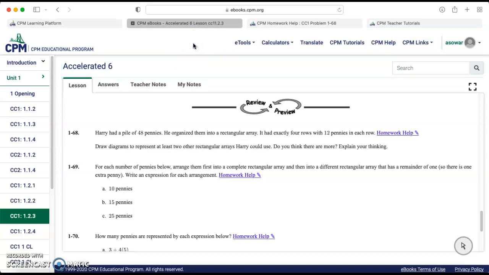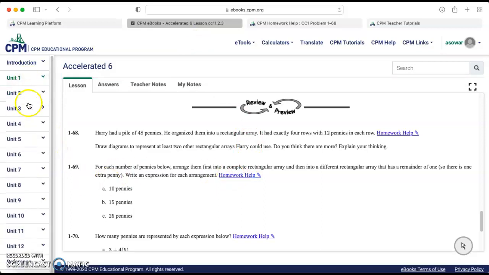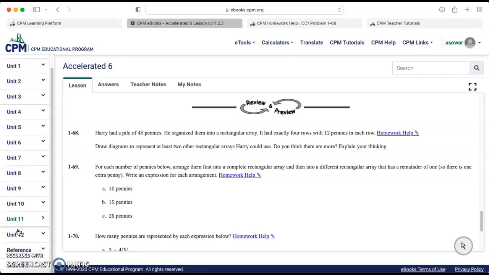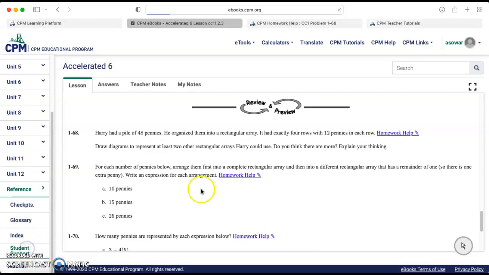So the last thing that I want to make sure parents know about is if you take a look, I'm going to close Unit 1 so that I have all my units listed here on the left-hand side, and I'm going to scroll all the way to the bottom to the reference section. If you click on that reference page, you'll notice a couple different things. We've got some checkpoints, a glossary, an index, and then student support. If you click on that student support page,